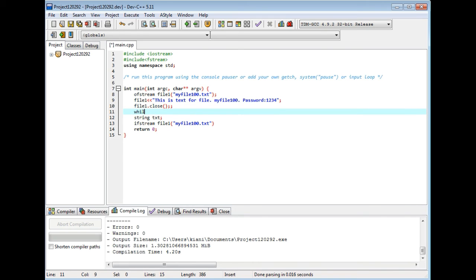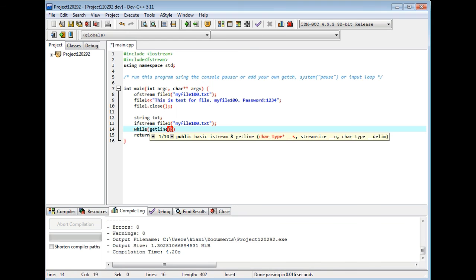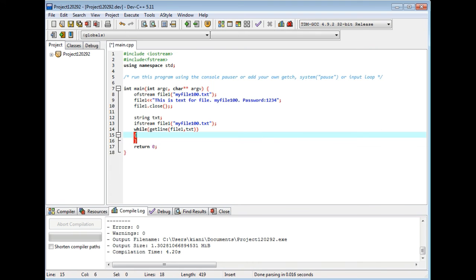We should go for a while loop here, after this, while getline, it will read line by line, getline file1, and put the line inside the txt string variable.